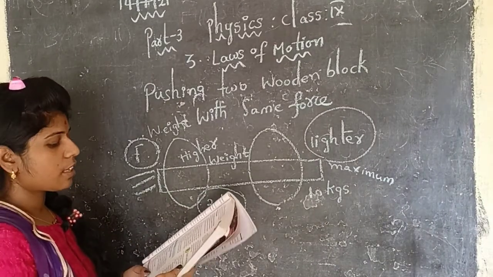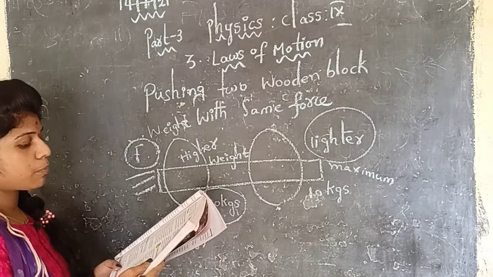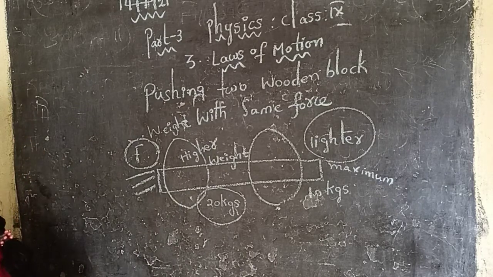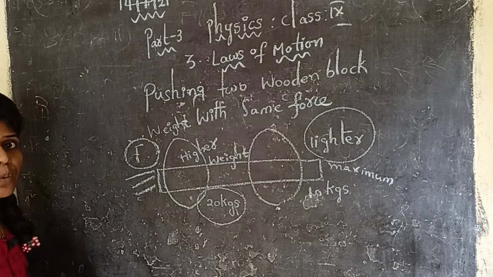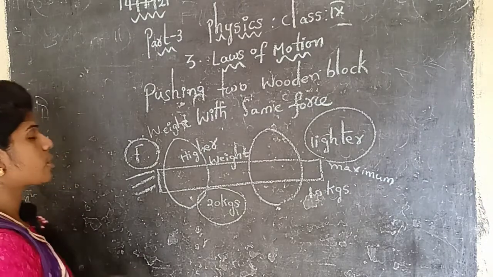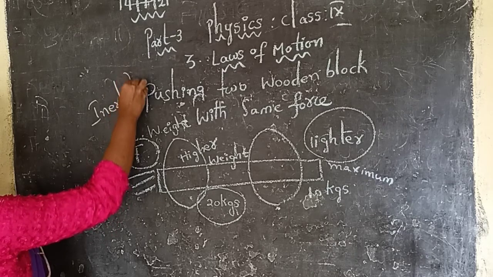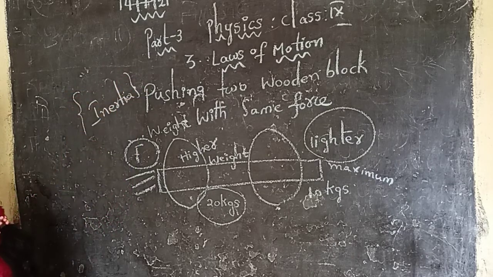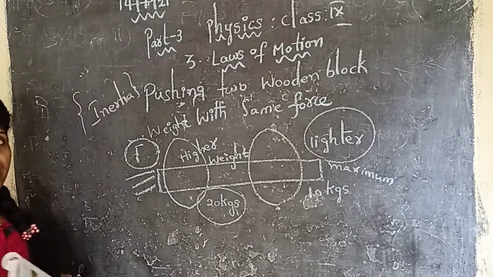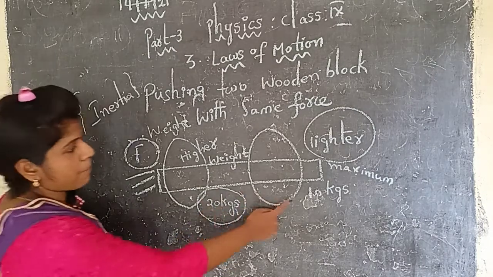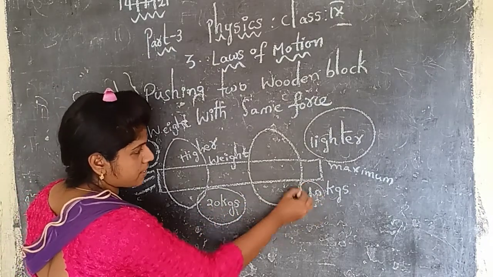From the above examples, we conclude that some objects have more inertia than others. So lesser weights have lesser inertia, whereas higher weights have greater inertia. Here inertia means how much energy we are applying on the surface of the object. So what do you mean by the term inertia? How much energy we apply on the surface of the selected object is referred to as what? Inertia.